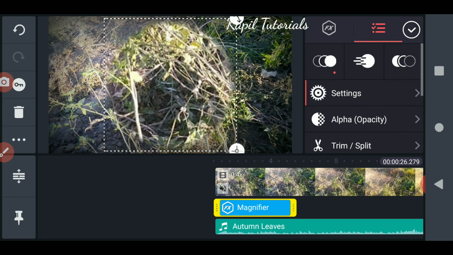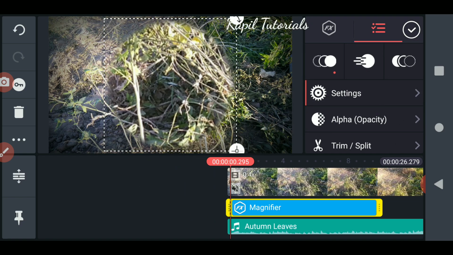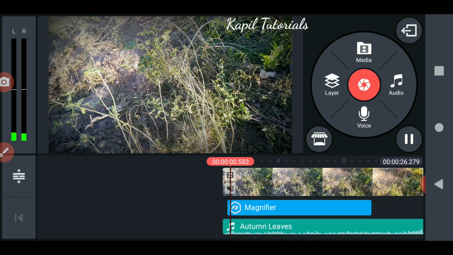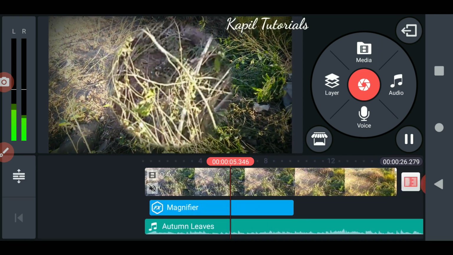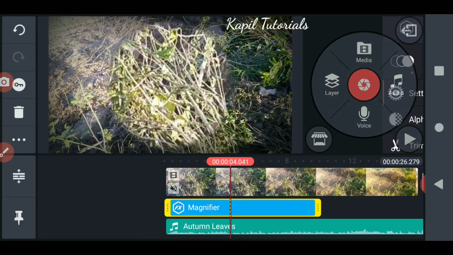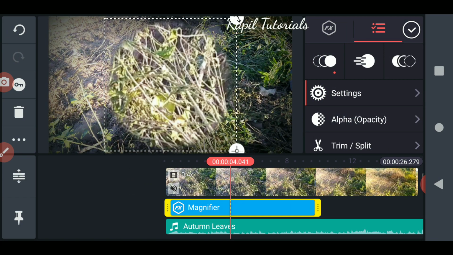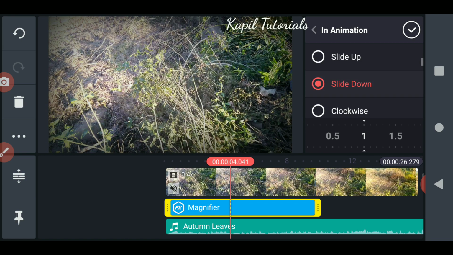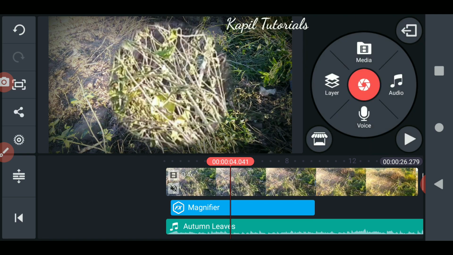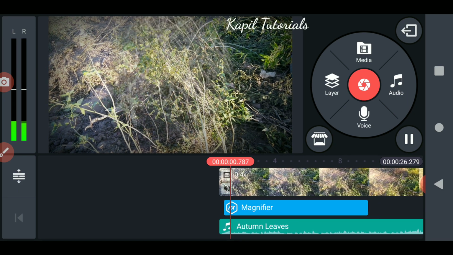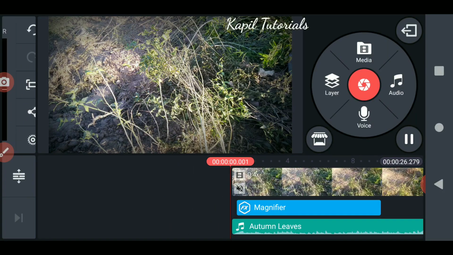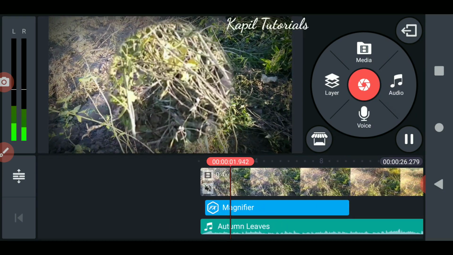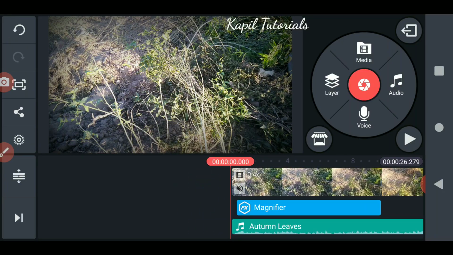Let's say I'll increase this effect. Let's see how it looks. Okay, so these are the effects. Let's see, slide down. Now it's going up. Yes. Now let's see this effect. Means from the starting, firstly it will go up, then by normal how the camera is moving, it will go according to that motion.